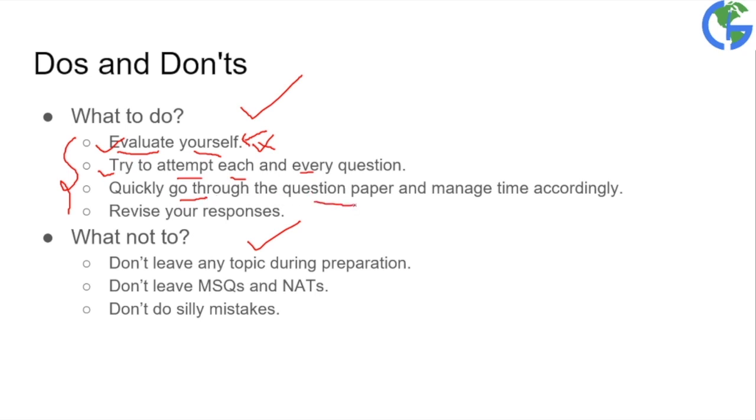As soon as you start the question paper, quickly go through it and see what questions are easy for you and what might take time, then manage your time accordingly. And while doing this, you can also answer some of the questions which can be done directly by seeing them, right? I hope there will be 10 to 15 such questions that you will do while just going through the question paper, so that will surely cut down your runtime, right?